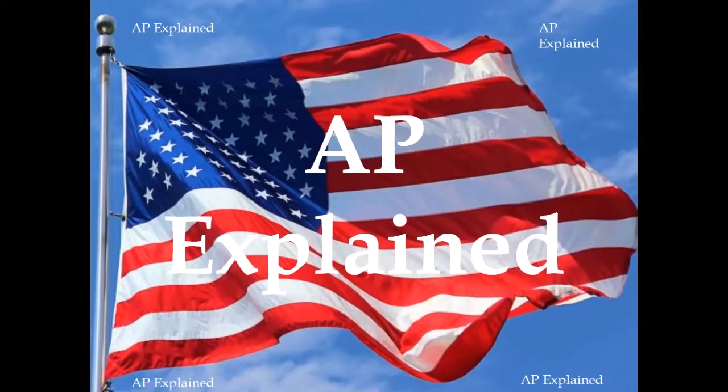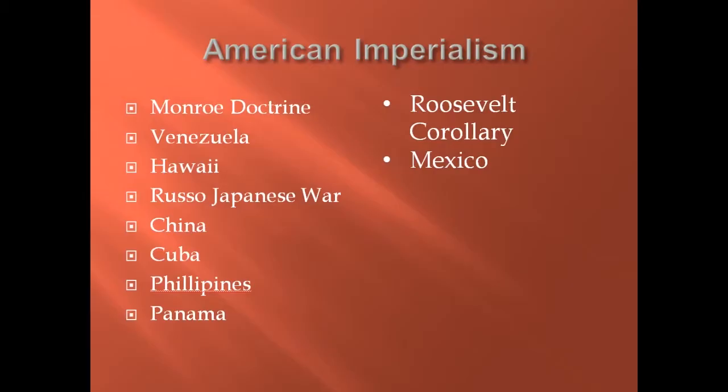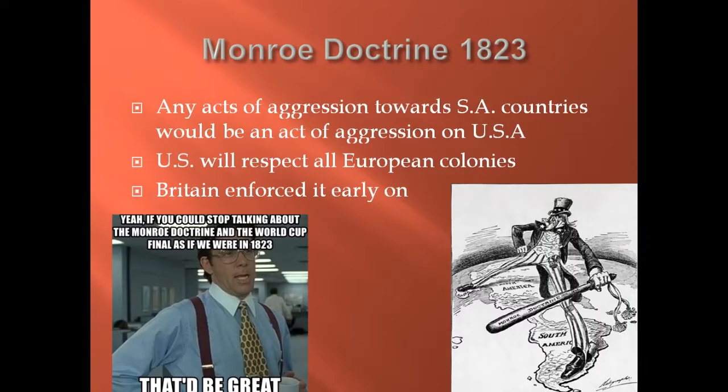Today we'll be discussing American imperialism, mostly between 1820 and onwards. First off, we have a list of everything that I'm going to be talking about today. Okay, so first we're going to start with the Monroe Doctrine of 1823, which basically states that any kind of